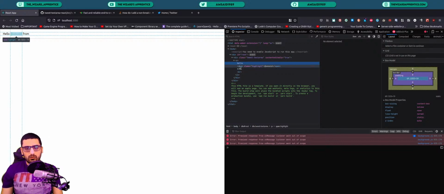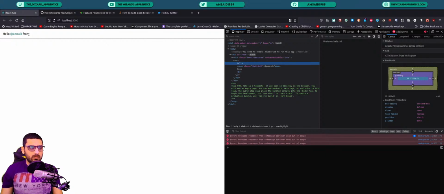So with the range, except for some special cases, when you get the start container or the end container of the range, you actually end up in the text node. So